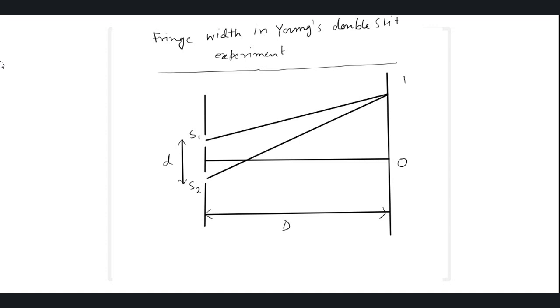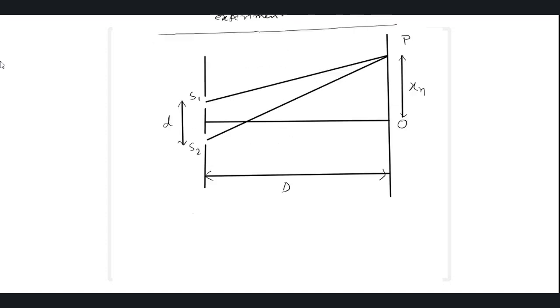So to find out the expression for the fringe width, we need to find out the path difference first. So let's say we are taking S2P square minus S1P square. If we apply the formula for A square minus B square, what we will get? We will get S2P plus S1P multiplied by S2P minus S1P. Now, the left hand side term